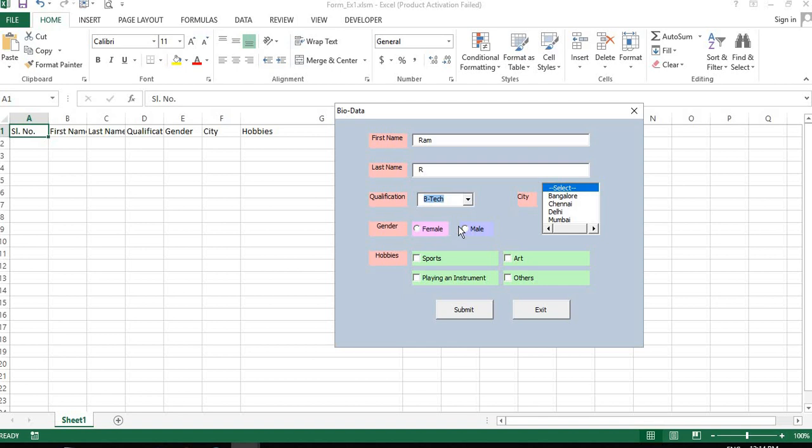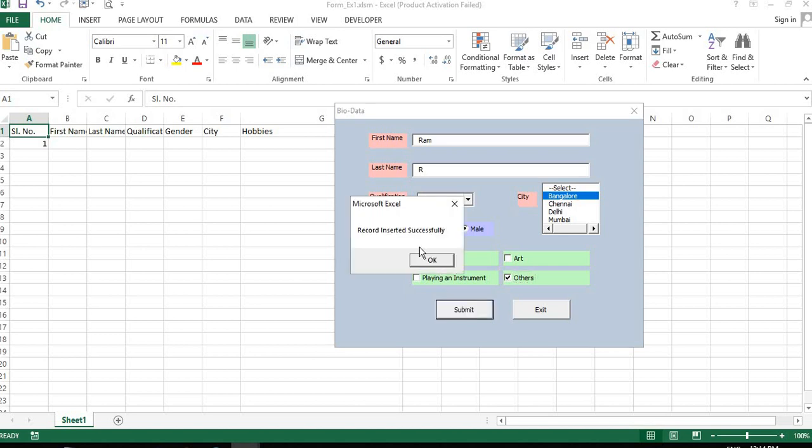So whichever we want, we will select. Here also the default is given as select. That means we have to select something from here. So let me take a city, gender, and take some hobbies. Then submit. Record inserted successfully.